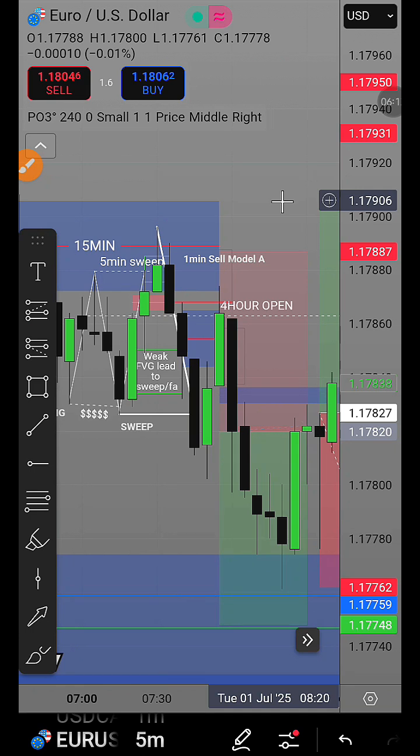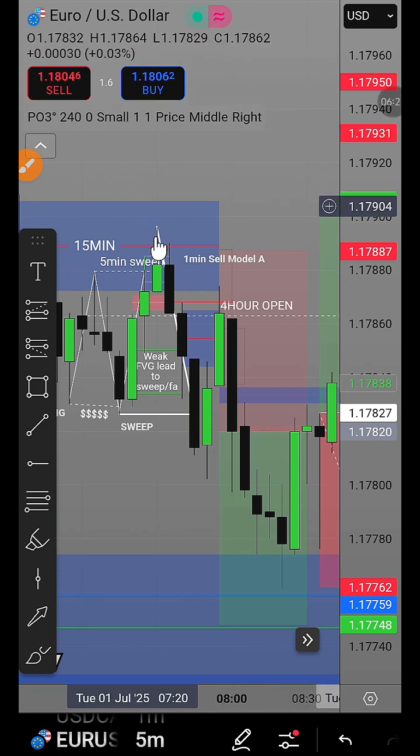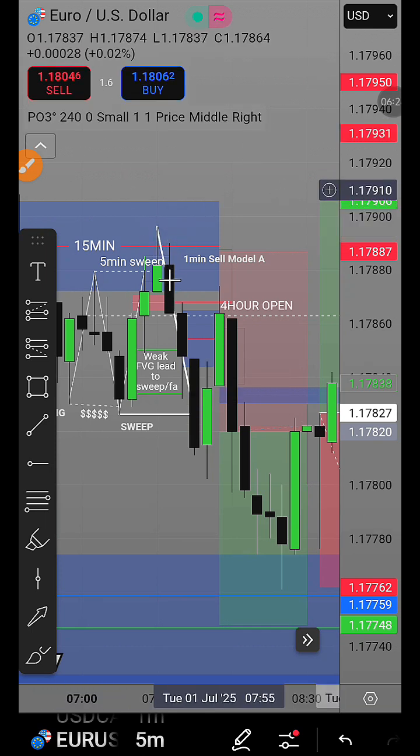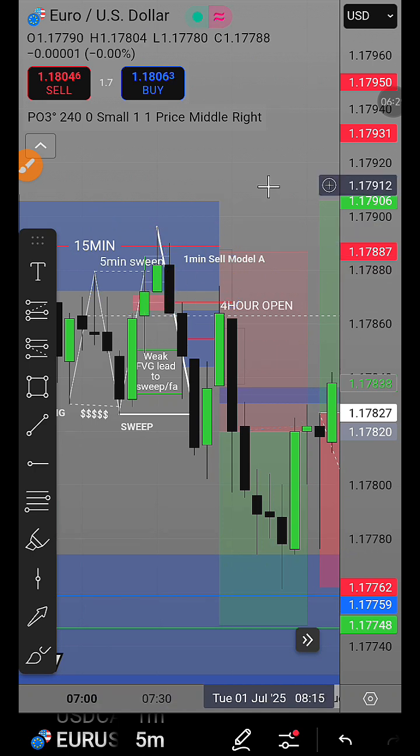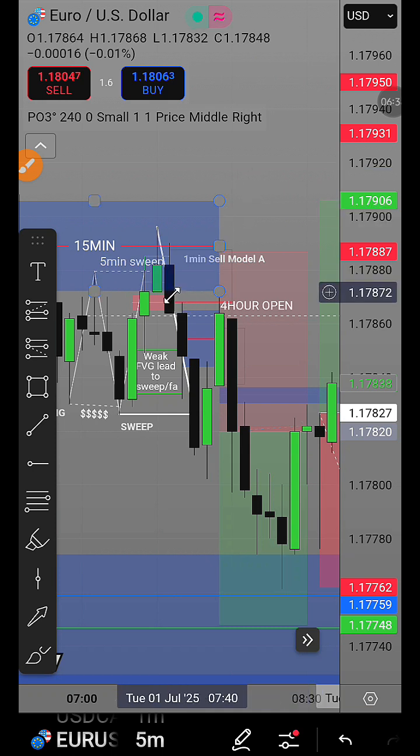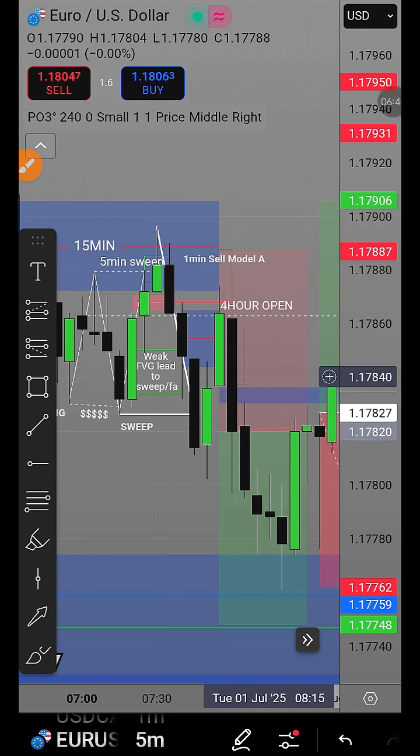normally when I take the trade, I want to see a reaction out of that FVG before it gets inversed, right? So if I want to sell, like here I sold, I want to see a reaction out of this bullish FVG before I then go short and take the trade. And there's a lot of times when there's no reaction, like you can see here, and then it still plays out regardless, right?